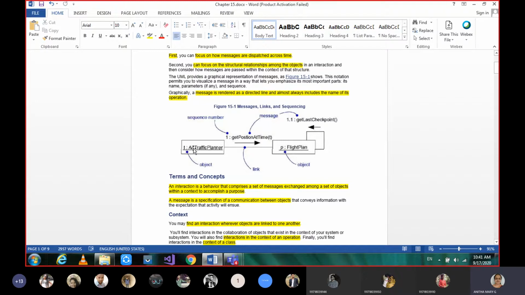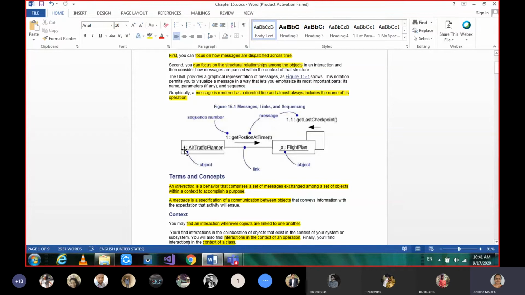Say here TrafficPlanner is a class, but its instance T, underlined, is an object, and FlightPlan is a class, and P, underlined, is the instance of FlightPlan, so that becomes an object.